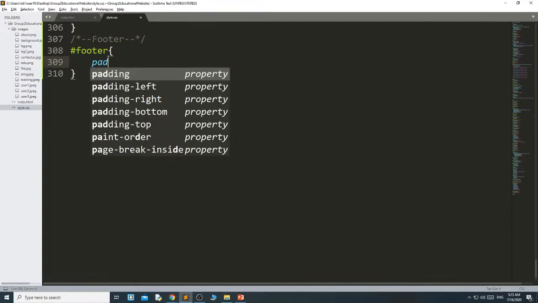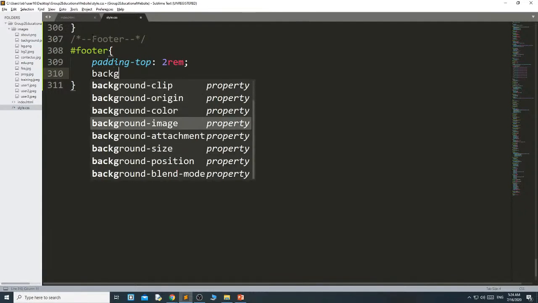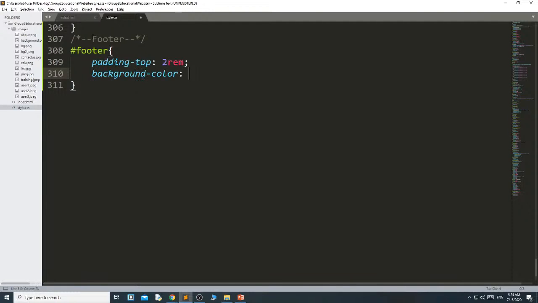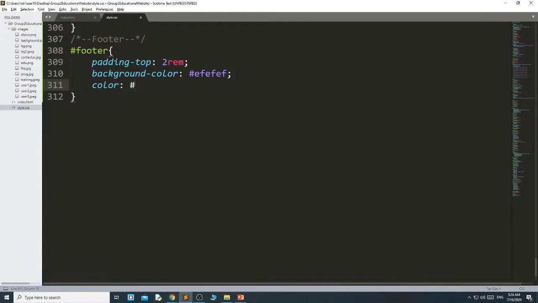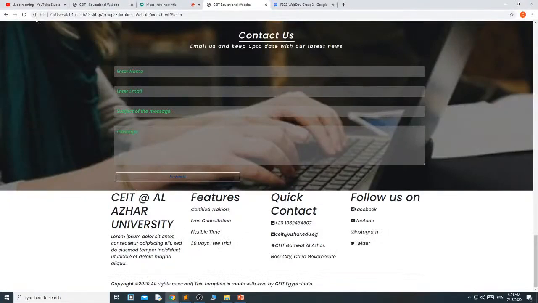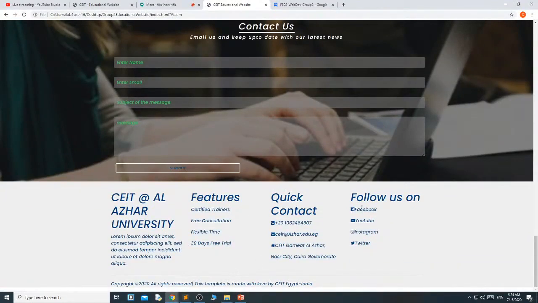Padding top 2 rem. Bottom padding I don't need, because this is the last section in our website. Background color, I want to change the background color EF, this slightly grey color. And once you change the background color, your font color also you need to change as 013F7E. This is the font color you will change, just see here. Okay, your background color changed and your font color changed.